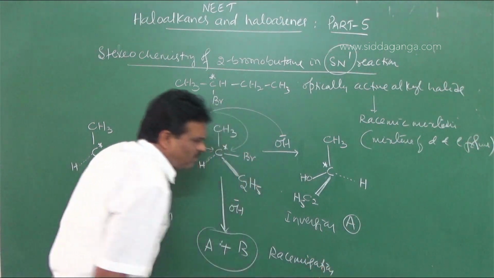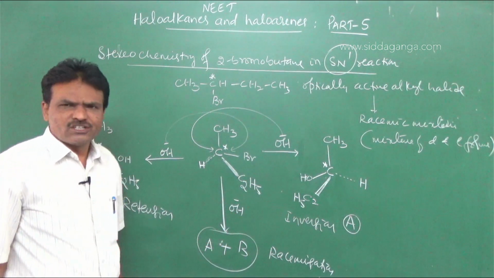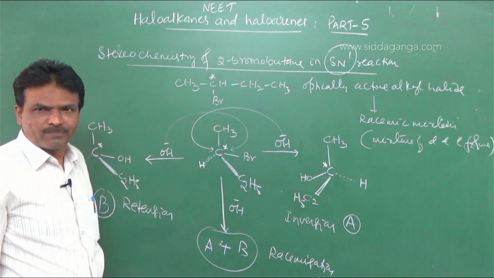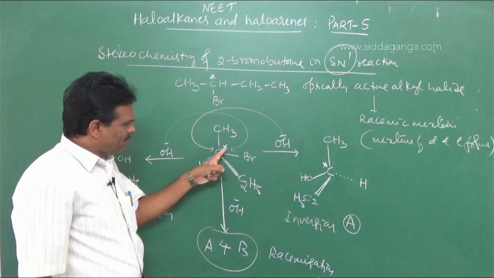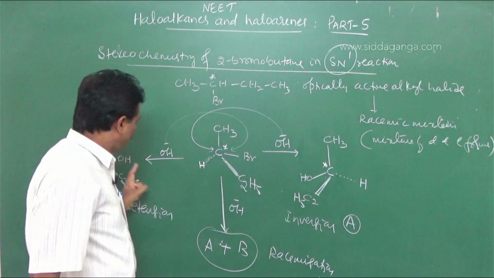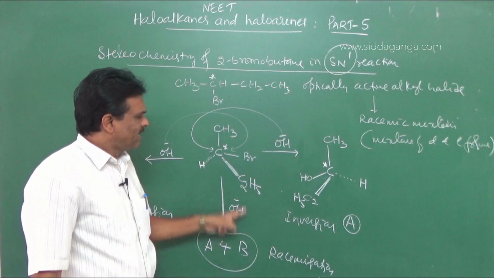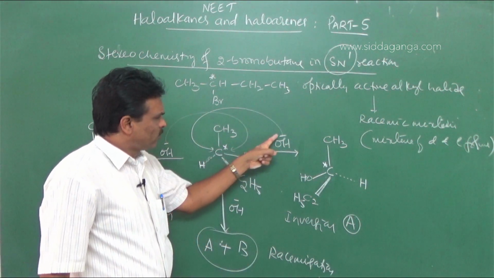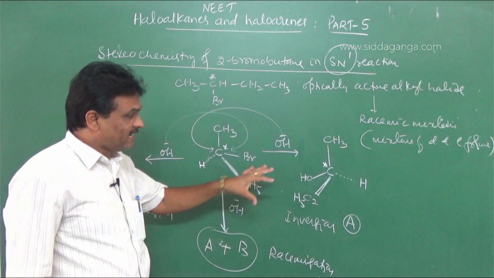It gives both the inversion as well as retention configuration. Sir, it undergoes both inversion and retention configuration. So one compound is the same as that of the optically active alkyl halide, but the halogen is replaced by OH group. So B is the same. This is retention configuration. And for the other compound, a rearrangement is possible, where the nucleophile attack takes place in the direction opposite to that of the halogen. There is an inversion configuration.